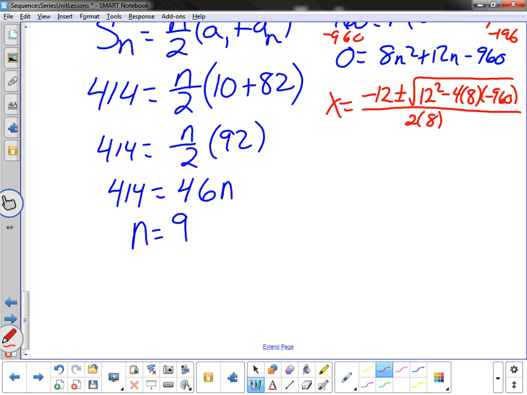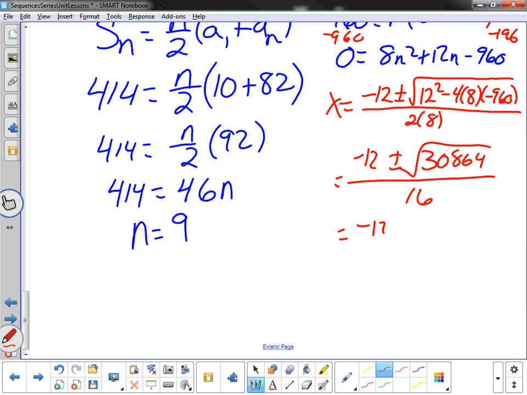And if I work that through, 12 squared minus 4 times 8 times negative 960, I get 30,864 inside my square root. I've got 16 on the bottom. Okay, so negative 12 plus or minus 16, the square root of 3,000 whatever